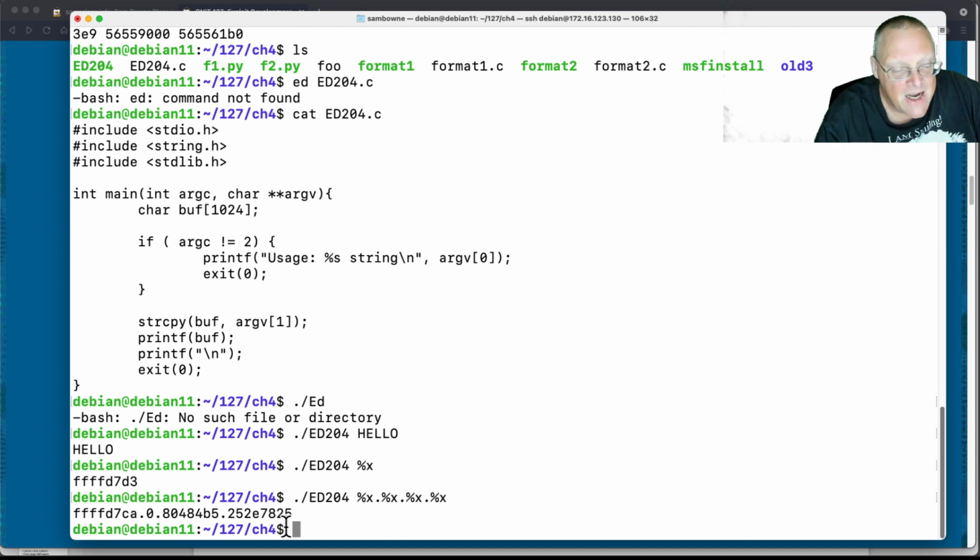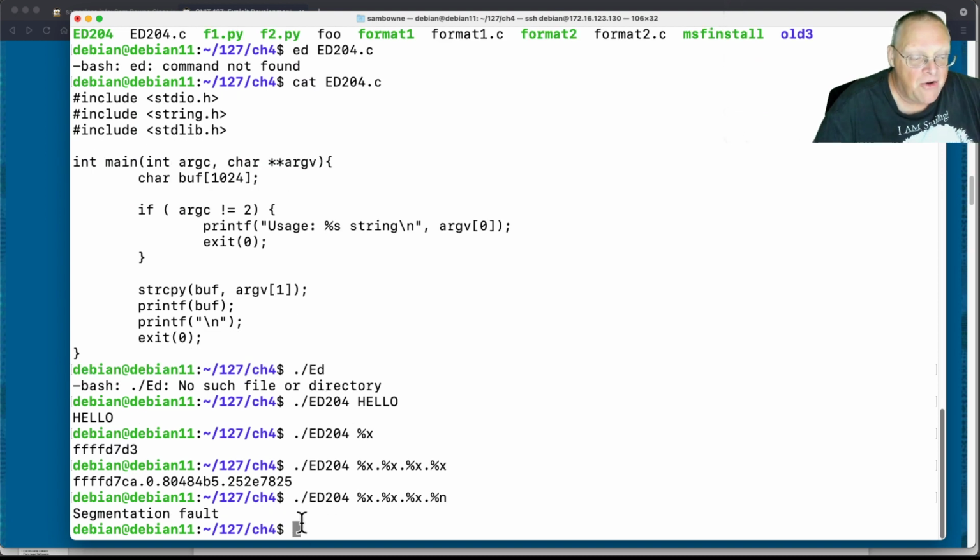All right, now let's talk about another crazy thing, %n. Notice now I get a segmentation fault. Now the %n format is a bizarre format string present in C. I have no idea why it exists. Instead of reading a value from memory, it writes to memory, which is just what you need to take over the machine, and I cannot imagine any reason for anybody to actually want this crazy thing.